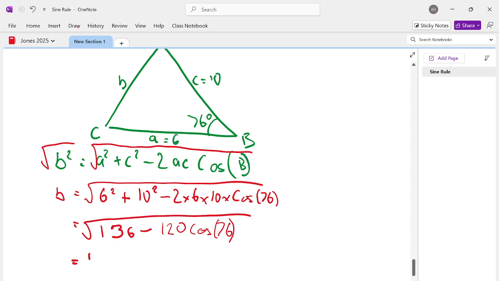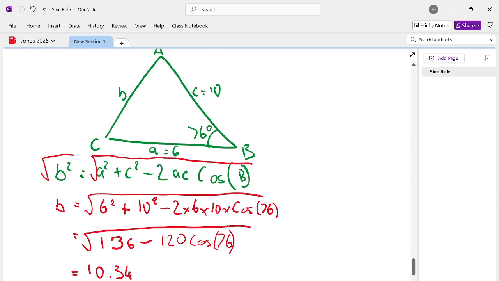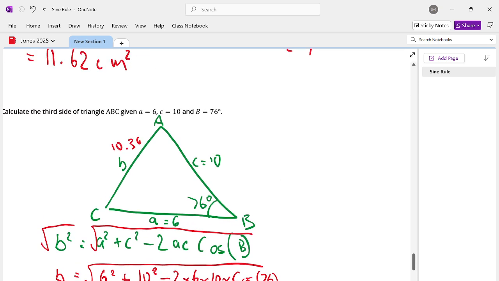10.34. So that's telling us that B is equal to 10.34. If we do a quick check, C was 10, A was 6, so 10.34 is a reasonable answer. If we'd gotten an answer of, say, 103, that wouldn't be reasonable because these other two sides wouldn't be able to be long enough to actually connect to it. So 10.34,